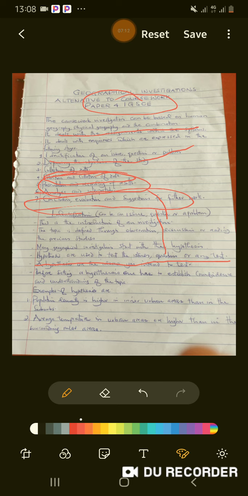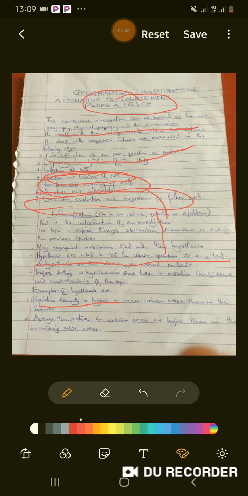You cannot even identify this problem without knowing the meaning of the word population density. You need to know what is an urban area, what is the suburb, what is population density. These three terms are the ones which lead you to an investigation, to an identification. You cannot identify this problem if you don't know what population density is about, or the meaning of higher, urban, or suburb. It means you are not knowledgeable enough with this question. Therefore, you cannot manage to study.